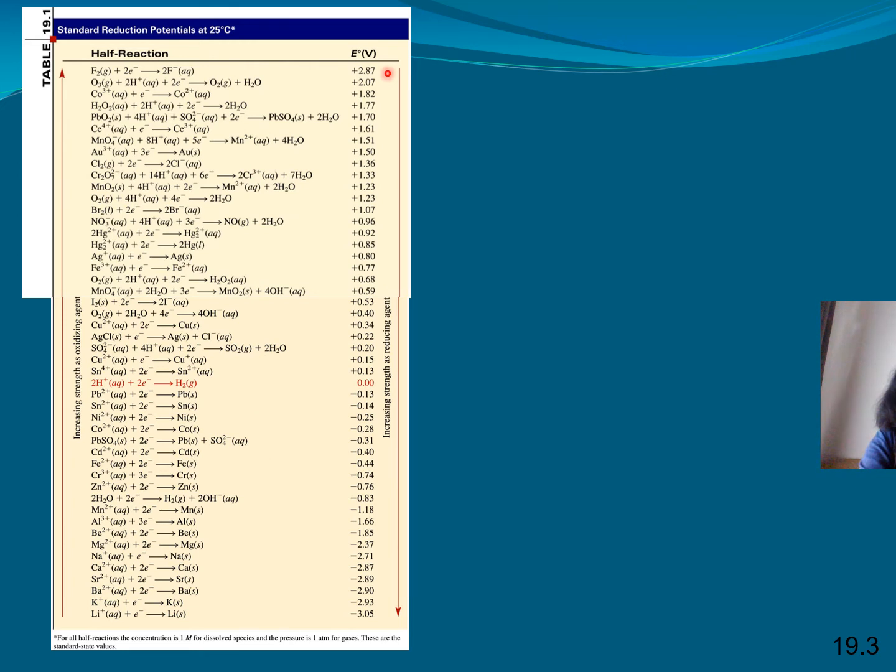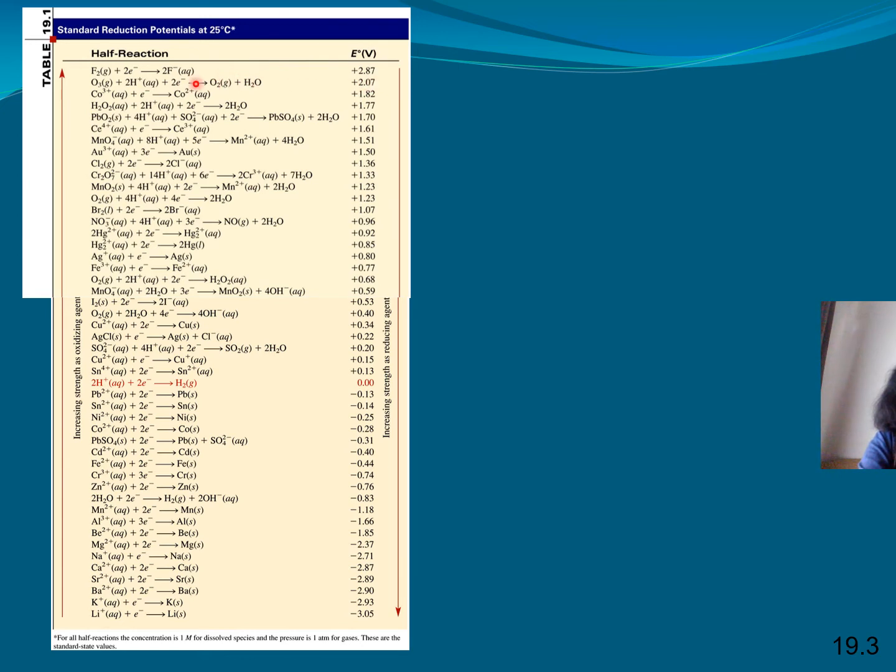So you see this is in the order of decreasing standard reduction potential. The one which is on the top will undergo reduction easily because it has a positive, higher value of the reduction potential. The one which is below has a very low value of the reduction potential. That means this will undergo oxidation. So they will be strong reducing agents while this will be strong oxidizing agents.